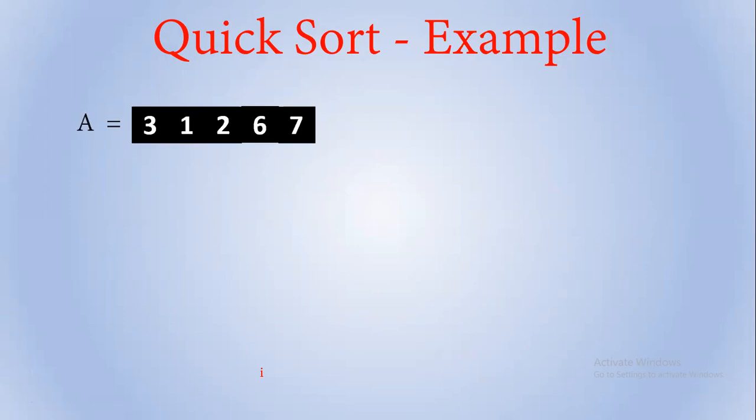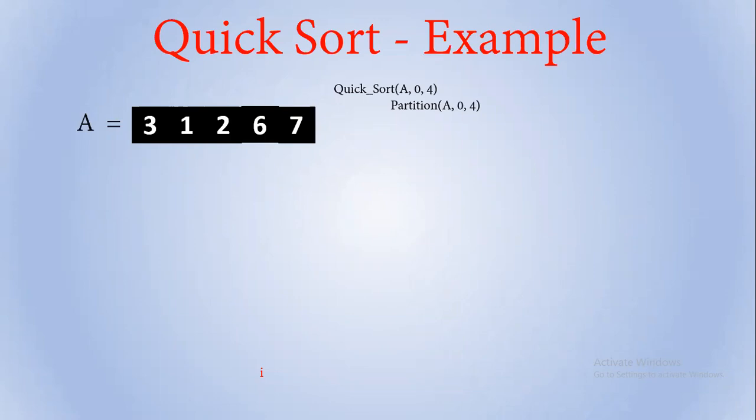Right. So what was the first step? The first step is calling quick sort A. What is L? L is 0 and U is 4, because the array runs from index 0, 1, 2, 3, 4. L is 0, U is 4. Since L is less than U, it will first call partition A 0, 4. So this is the best opportunity to understand the partitioning function.